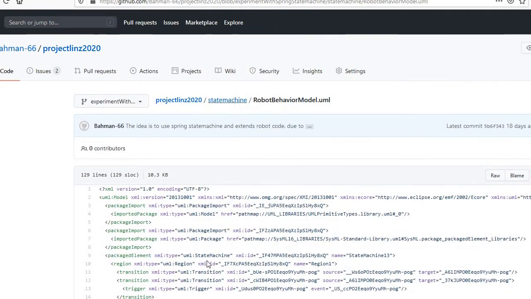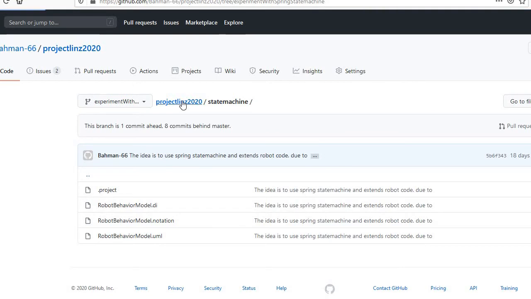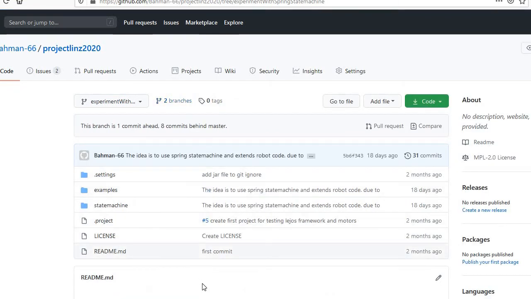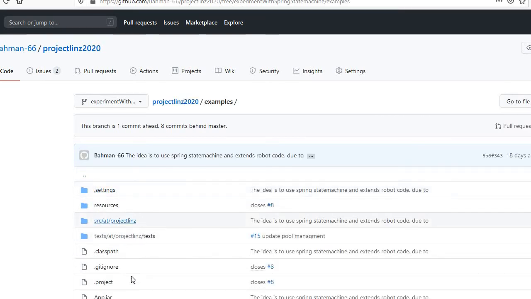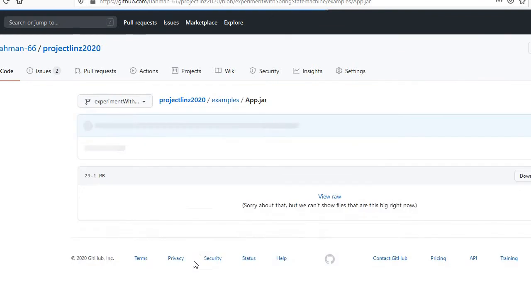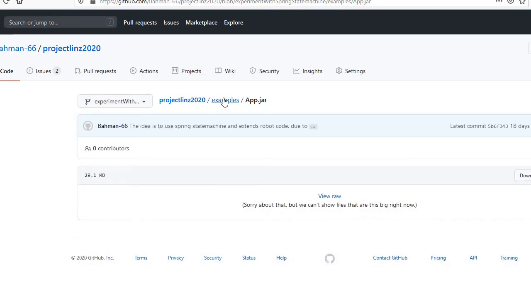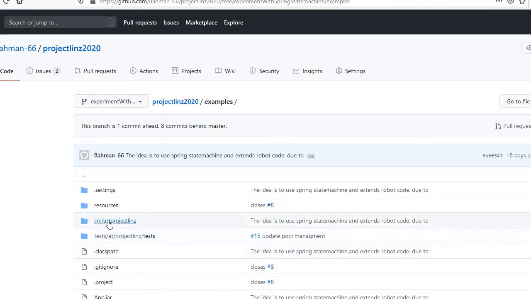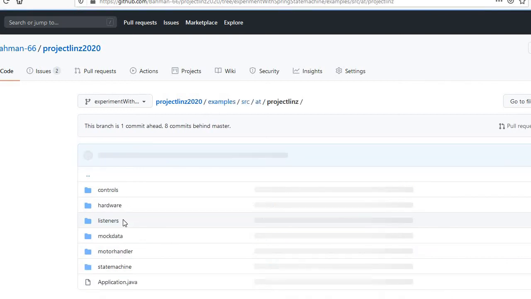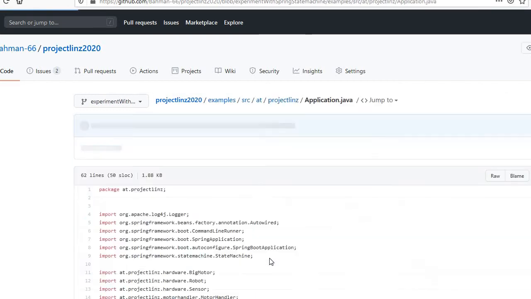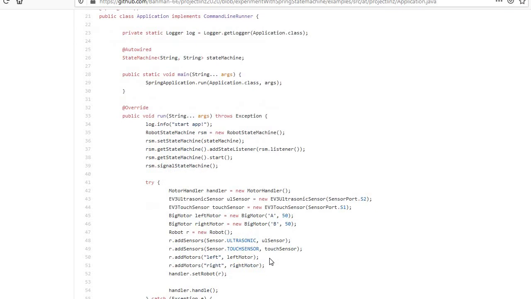So you can use this UML file later on in combination with the Spring to instantiate the state machine instance and then use it for further usages. If I can open here, I have an example somewhere in here, exactly here. Yes, as you see,